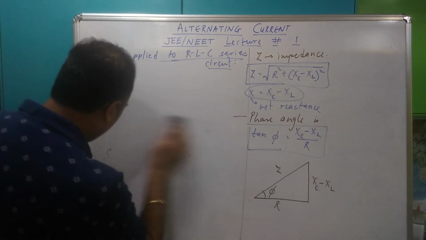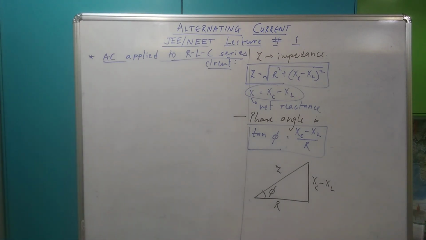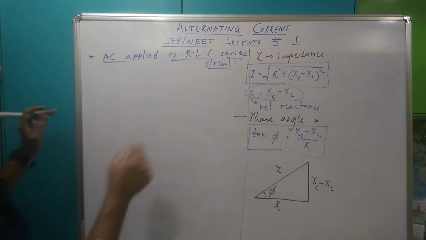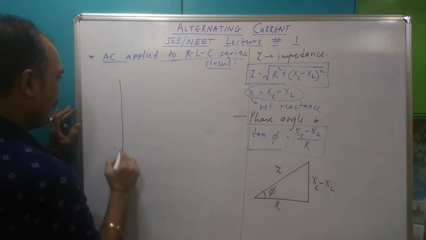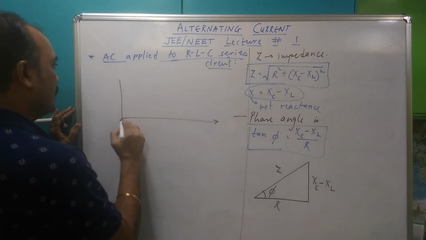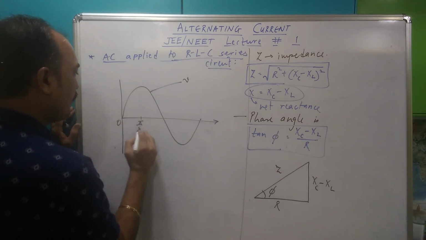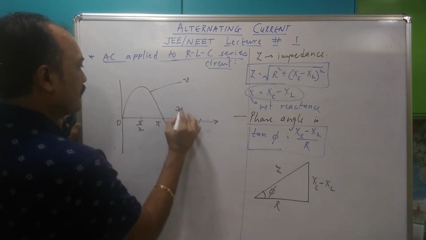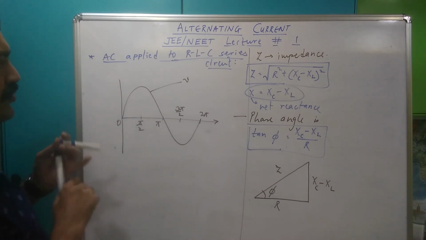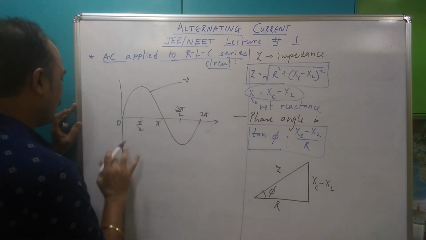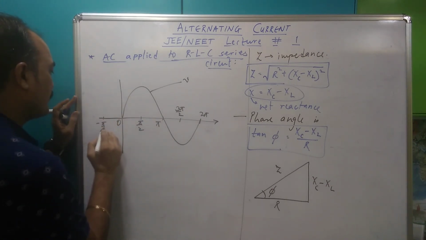And let's make the graph quickly. Are we out of time? We are nearly out of time, but I think we can make this graph. Always the first line slanted, the second line straight. So voltage all the way, and current a little behind, and this is minus pi by 2.